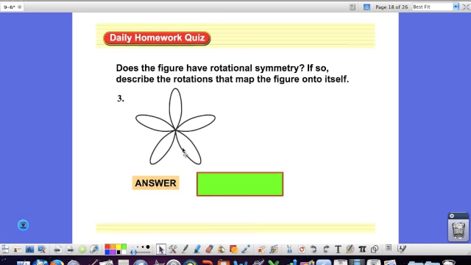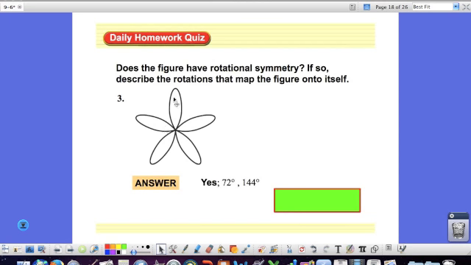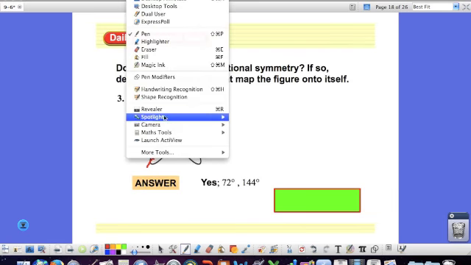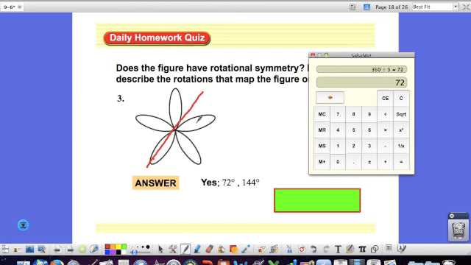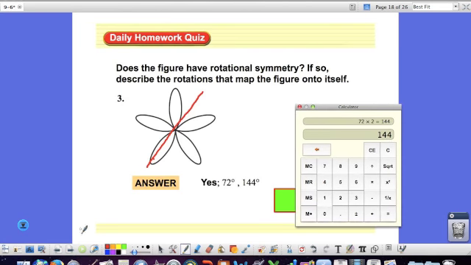Does the figure have rotational symmetry? If so, describe the rotations that map the figure onto itself. I think you can see it. It has rotational symmetry. It actually has 5 lines of symmetry, and as we had that formula before, 360 divided by 5 is 72. So 72, and 72 times 2